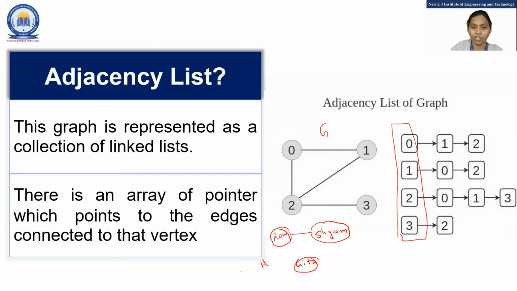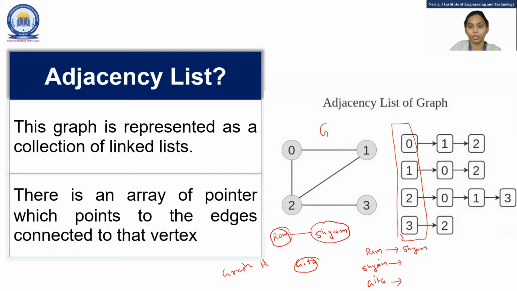In my graph H, if I want to represent this in my adjacency list, what should I write? I should list all the nodes here. I make a list and then I will draw a line. Ram is connected to whom? In our case, it is connected to Shyam.